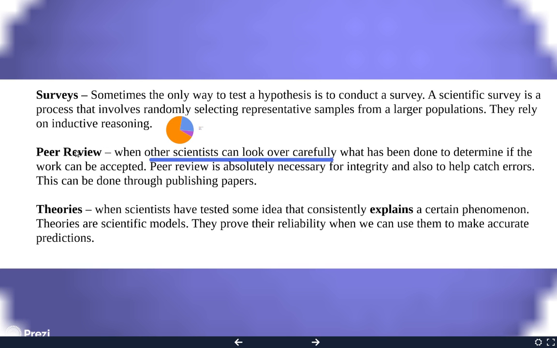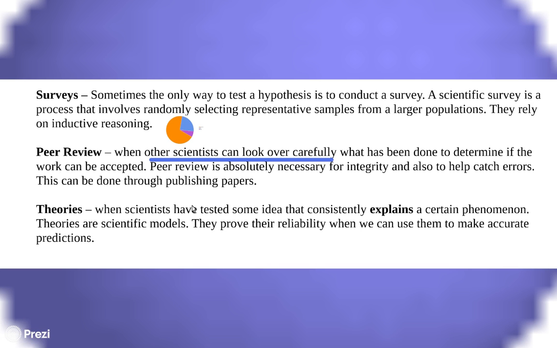A peer review is when other scientists look carefully at what you've done, and that should always happen, especially if you're doing something major. Scientists need to look at each other's work, and they have to make sure they're seeing what was actually done. That's one of those things we're going to talk about with our lab books and why we're going to use them and the way that we're going to use them in class.